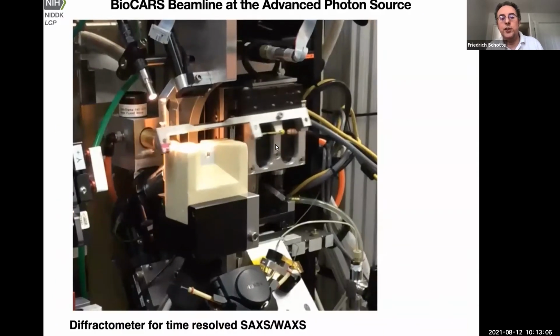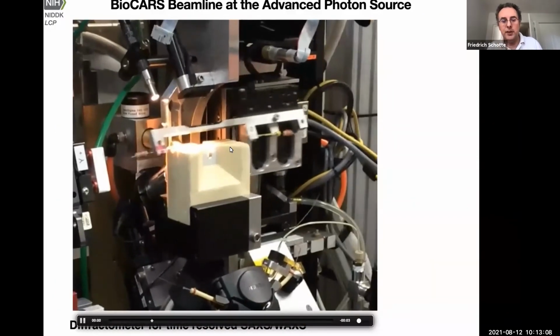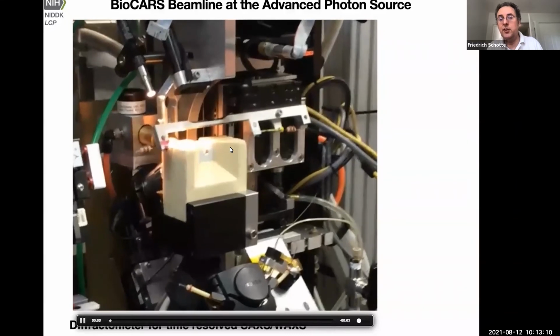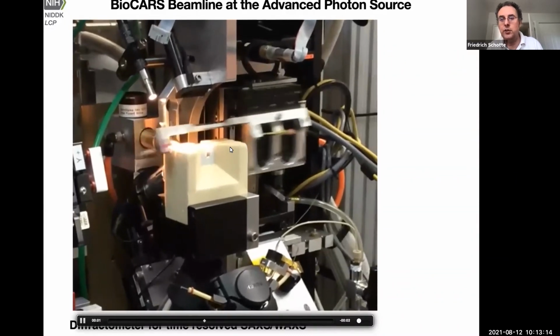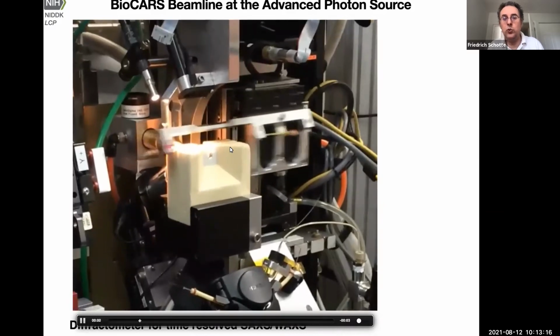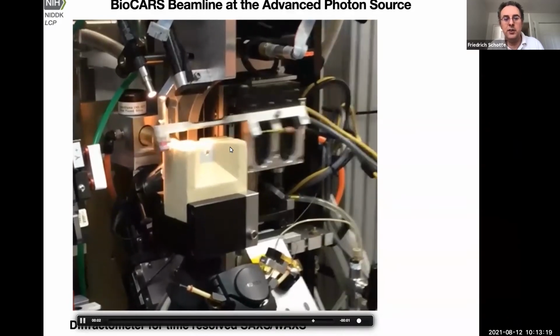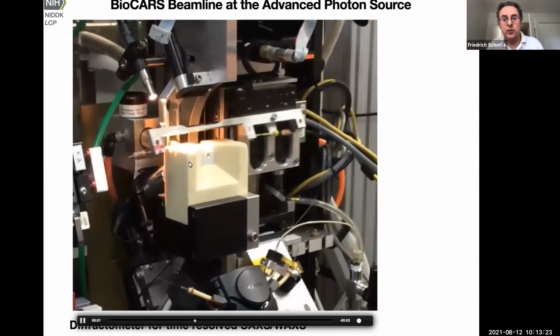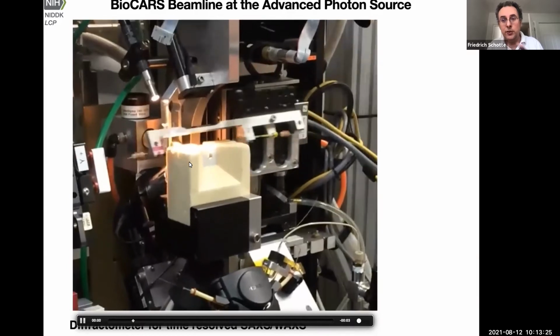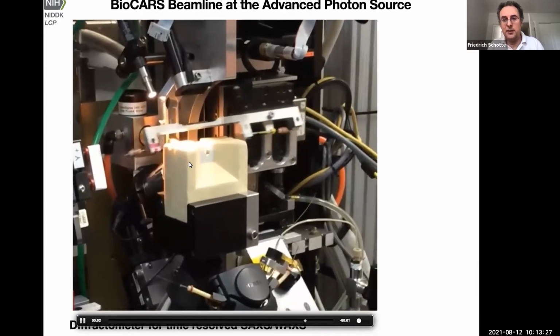And for the small angle scattering, it's in the capillary. Not sure you can see this very well. We are constantly scanning the capillary through the X-ray beam to avoid hitting the same spot twice, because that would lead very quickly to radiation damage in the sample. It might not come across on Zoom very well, but you see the stage is constantly moving, scanning in one direction,